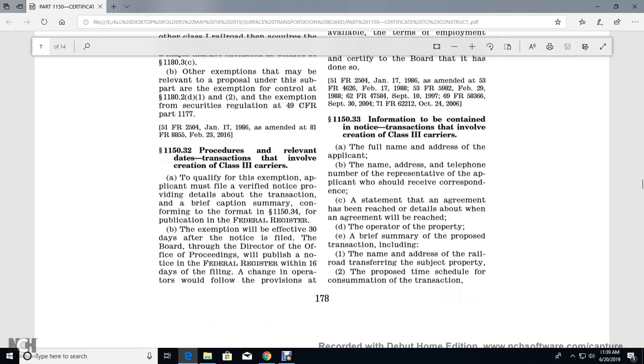1150.33 and information contained with the notice of the transaction of the Class 3 carriers, full name and address for the applicant with the name and address for the telephone number of the representative of the applicant with the receipt of the correspondence with the state of the agreement that has reached for the details about an agreement will be reached the operator and the property of the brief summary of the proposed transaction include the name and the address